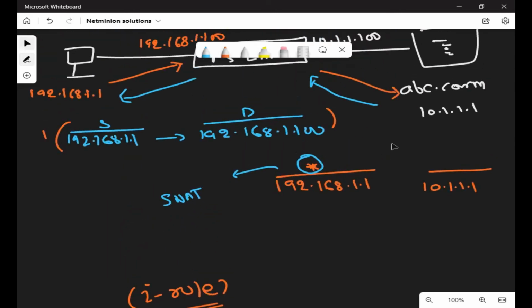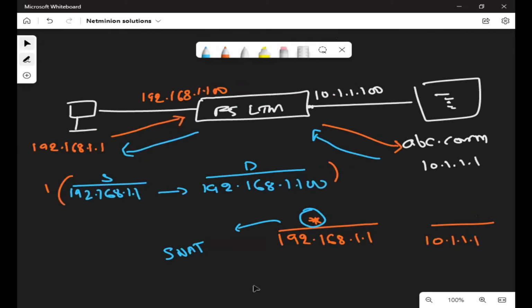Sir, when I create the policy on F5, I will mention the source as 192.168.1.1 and the destination as 10.1.1.1. I have created the policy for that, and after that I have a NAT policy. Which policy are you talking about? If I create a policy on F5 that my traffic is from 192.168.1.1 and going to destination 10.1.1.1, then in the policy I will keep this source and destination, but will I NAT it, so that any traffic from 192.168.1.1 that comes to my F5 then goes through to 10.1.1.100?